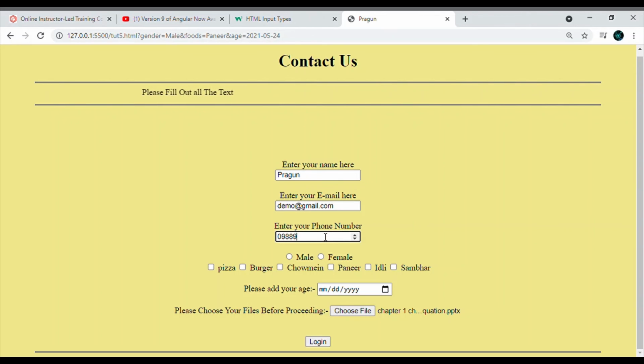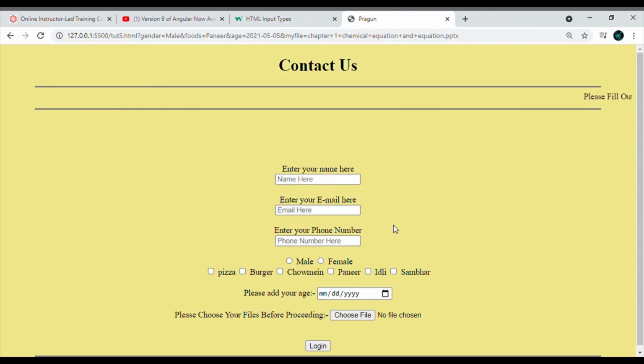Number I am adding this, mail this, and this. Now you can see that we have chosen a file from our computer. We could also add an animation for choosing the file, but that would be a topic for another video. So I would be clicking on login and everything would disappear.